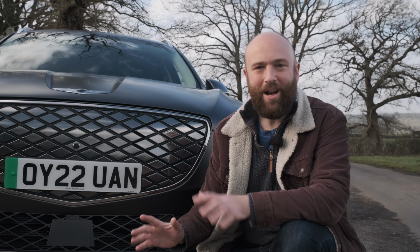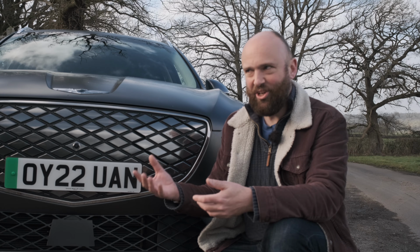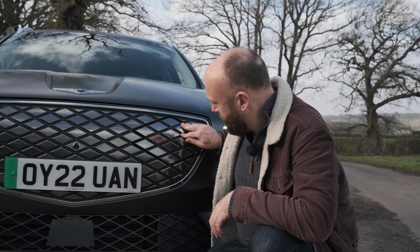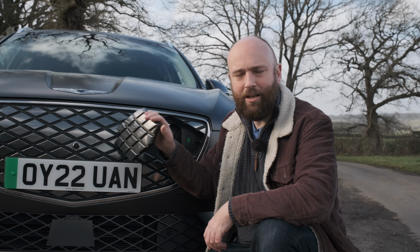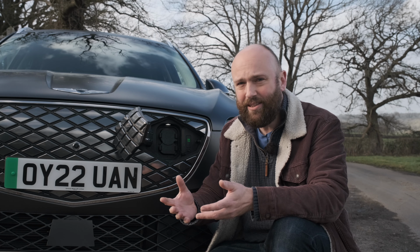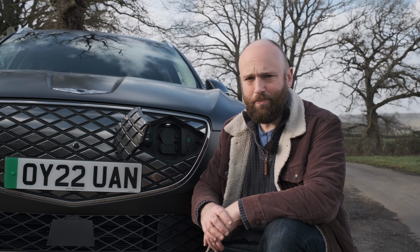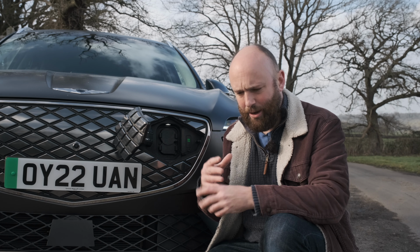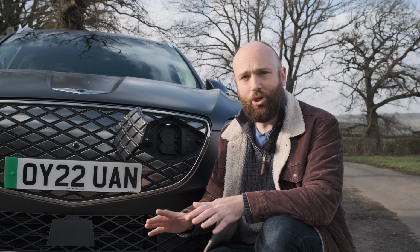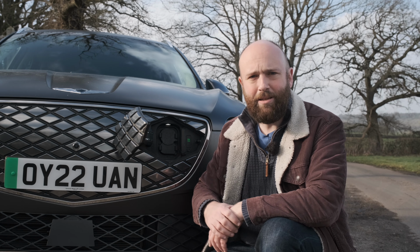Luckily, you get some really good electrification stuff for your money. You get Kia, Hyundai and Genesis's 77 kilowatt hour battery, and that is good for a flapping range of 283 miles on paper. I've been getting more like 220 miles on a charge, and that's averaging about 2.9 miles per kilowatt hour. I can't do the maths in my head to work out what that actually is, but whatever. Someone in the comments inevitably will. It can charge at 240 kilowatts, which is what, 18 minutes to get from 10 to 80%, I think,